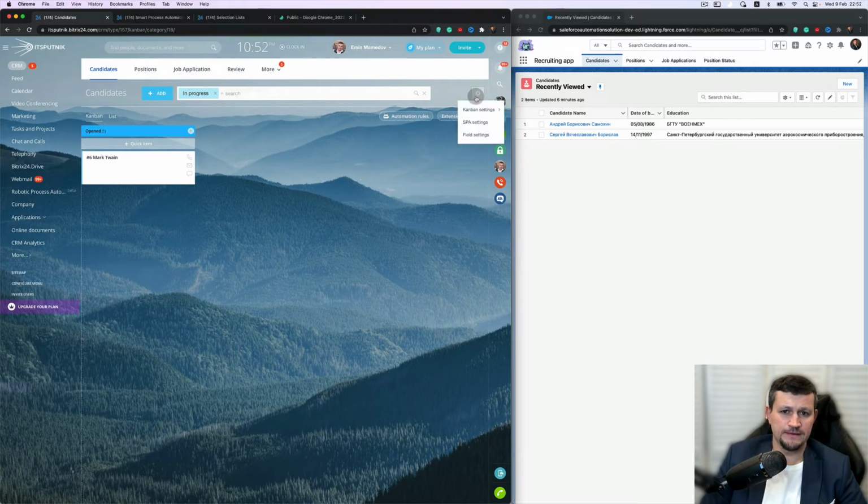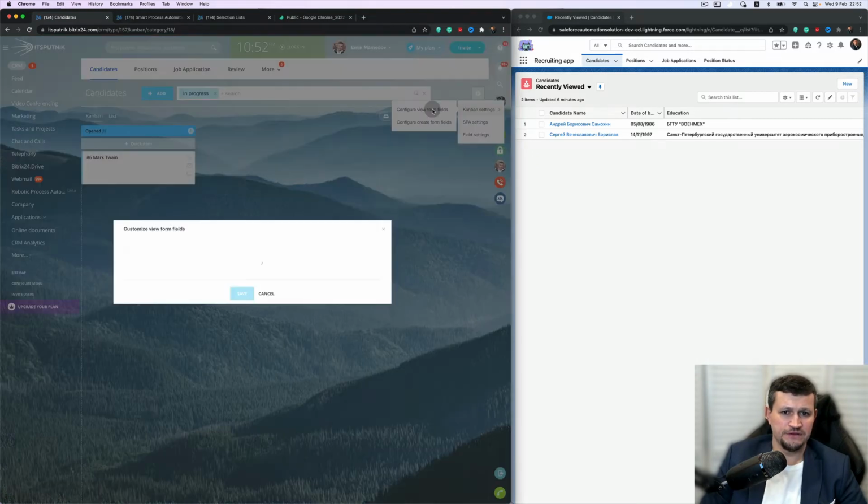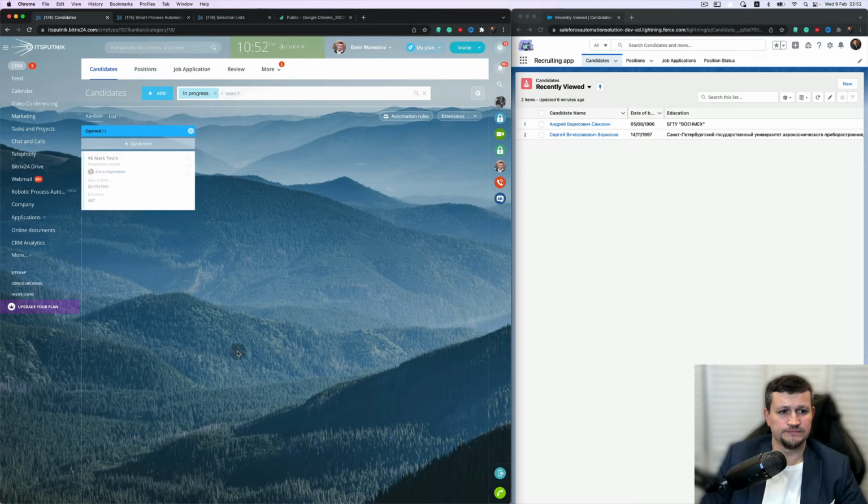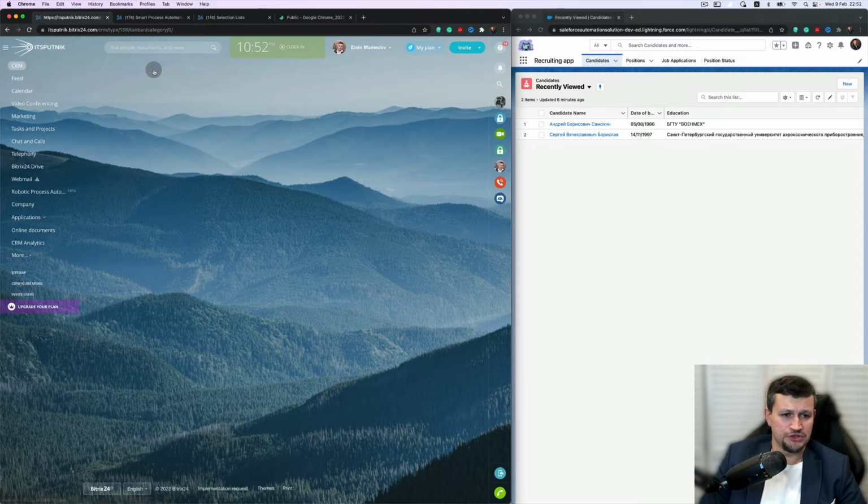In Kanban view, you can change the view as well. You can click here, Kanban settings, configure from field, and again, ID. Probably can ignore ID, just put the name, which is name, date of birth, education, and responsible person. Okay, so responsible person, date of birth, education. You can add as much data as you want here. So right, when we go into position,